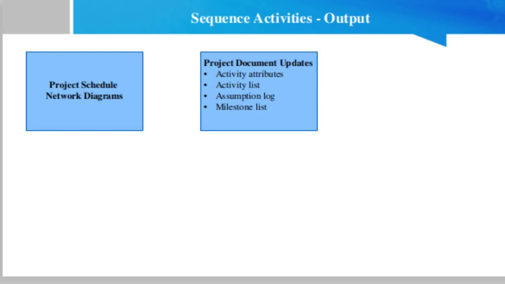Activity attributes may describe a necessary sequence of events or define predecessor or successor relationships, as well as defined lead and lag and logical relationships between the activities. Activity list: the activity list may be impacted by the change in relationships among the project activities during the sequencing activities. Assumption log: assumptions and constraints recorded in the assumption log may need to be updated based on the sequencing,